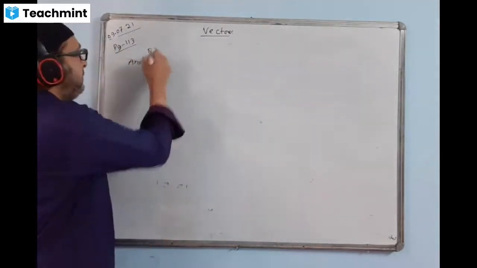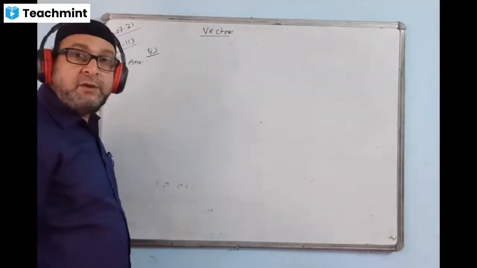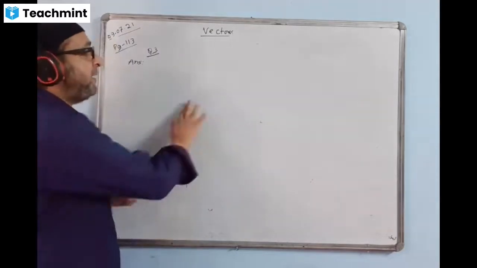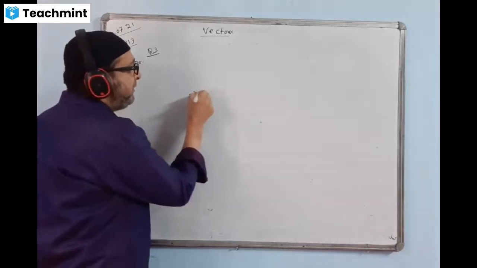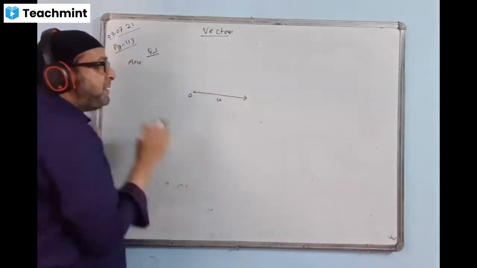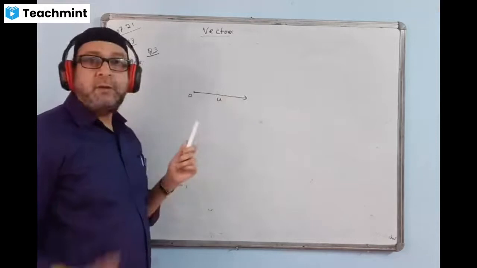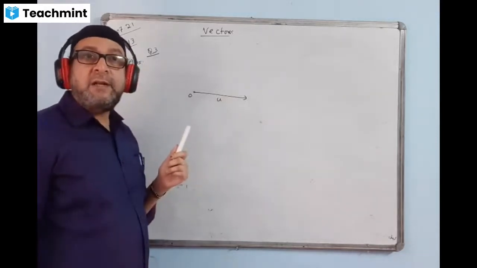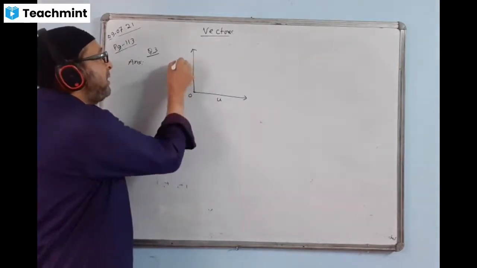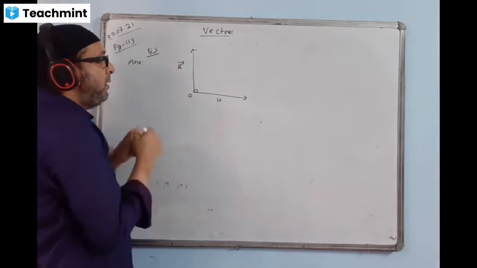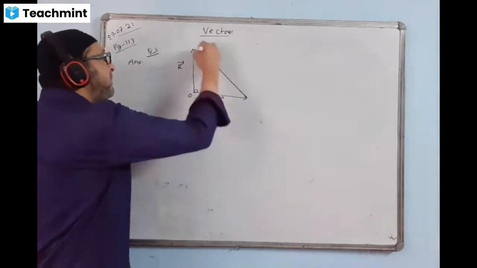How can we do that? There are two vectors given, u and v, and the resultant of these two vectors is perpendicular to the vector u. We make a diagram, a triangle. There is a vector u from the origin, and there is another vector v. Normally the resultant comes here, but in this question the resultant is perpendicular to u. That means the vector v must be somewhat like this.